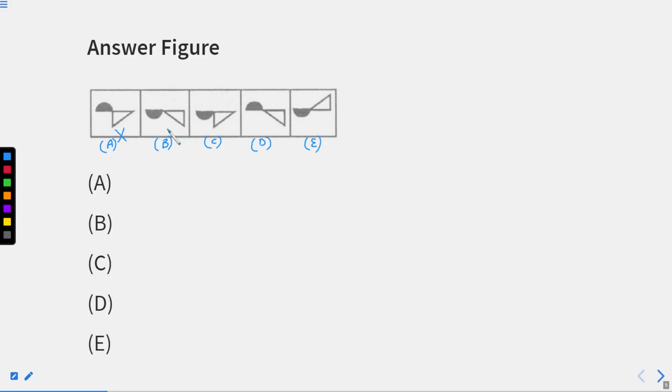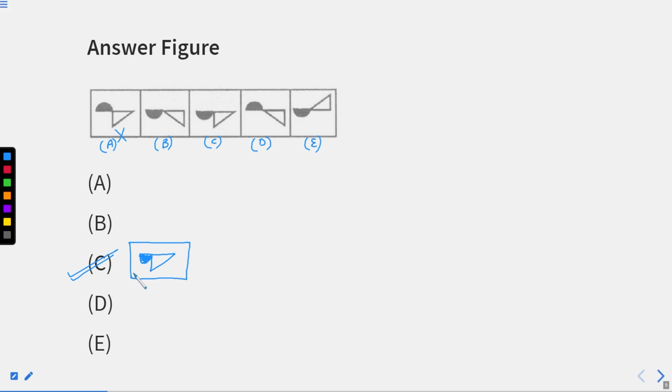Now whichever figure you think will match with the answer figure that we made, mark it as your answer. I hope you are clear. So from here we are clear that option number C matches our answer. What is it? It is like this, right? This is our answer, right? I hope question number 1 from the analogy part is clear.